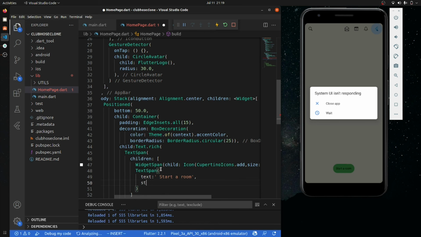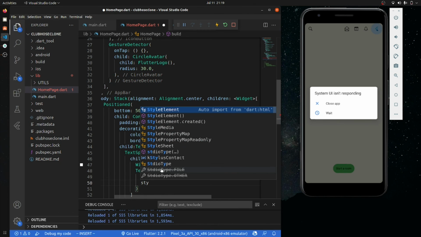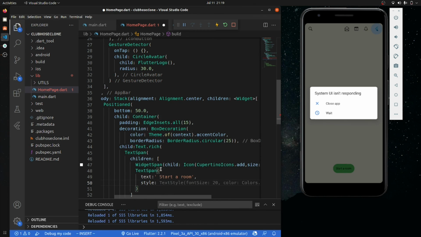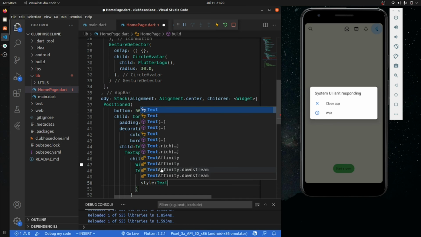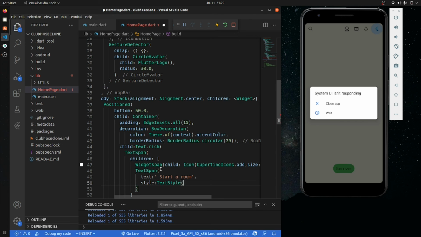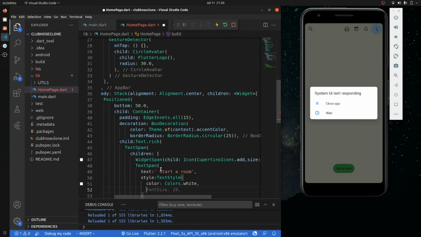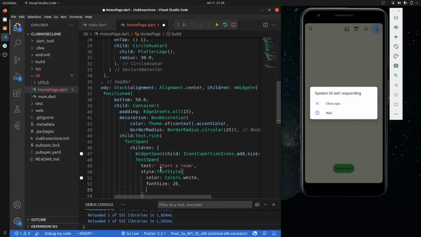And now we will set the style. Okay, so it will be a TextStyle. Now we'll just give the color as white, and the font size will be 20. It has just prompted that, so I'm gonna go with FontWeight.bold. So save it and let's see what happens.